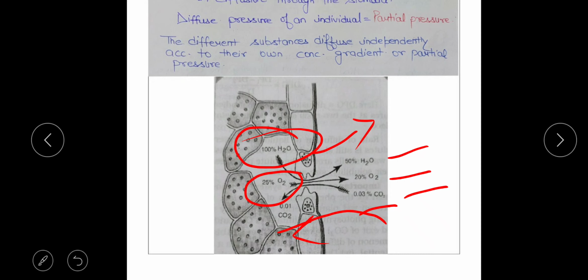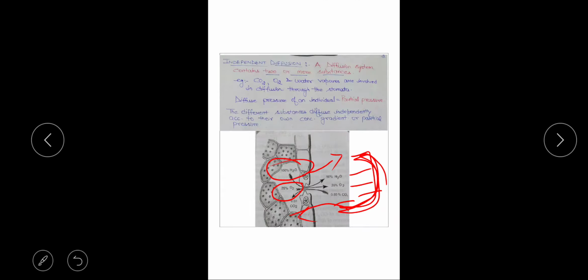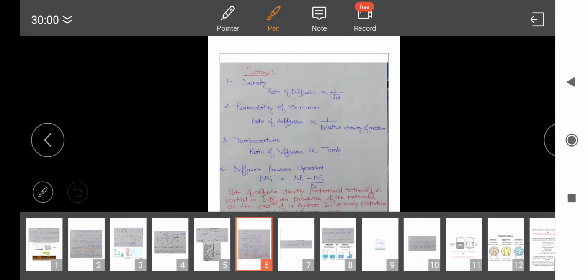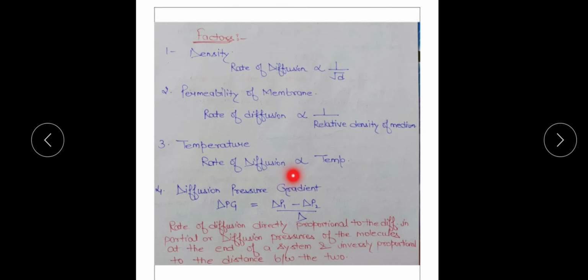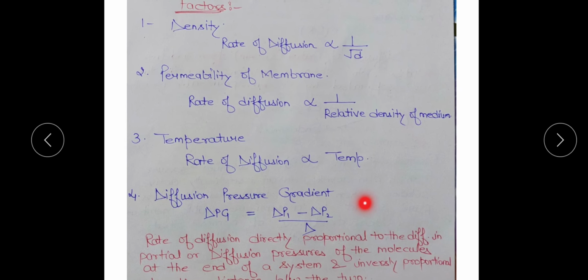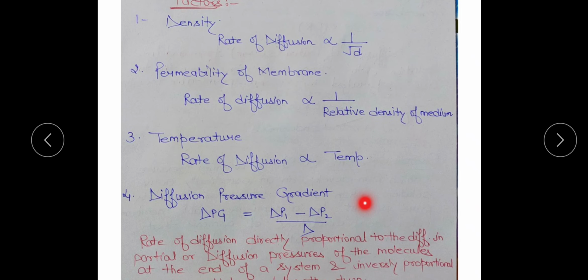So these three basic molecules are moving independent of each other without affecting each other's rate. So that basic process is known as independent diffusion in case of gaseous exchange through the stomata. So next are the factors affecting the rate of diffusion. So the first factor is